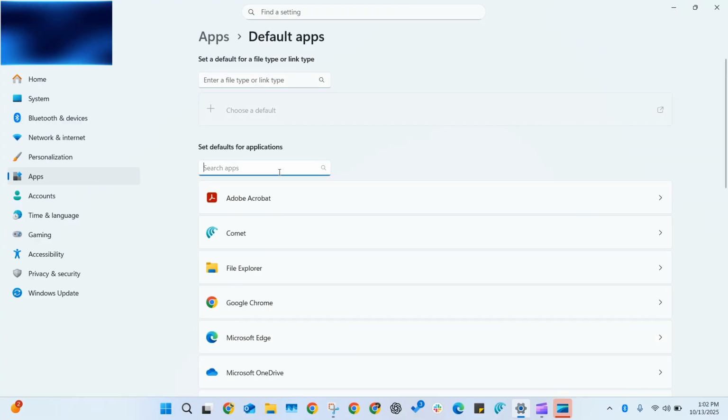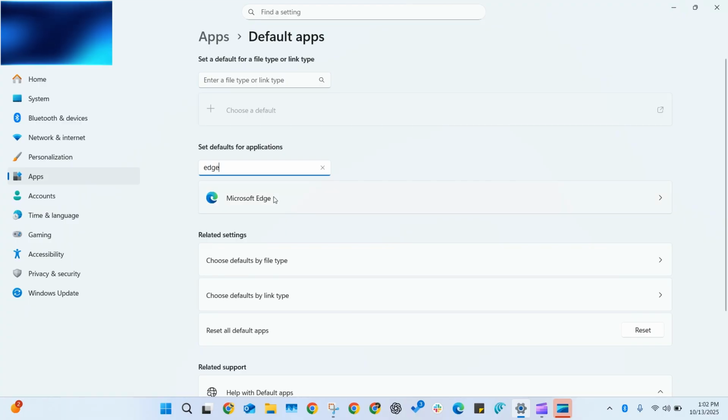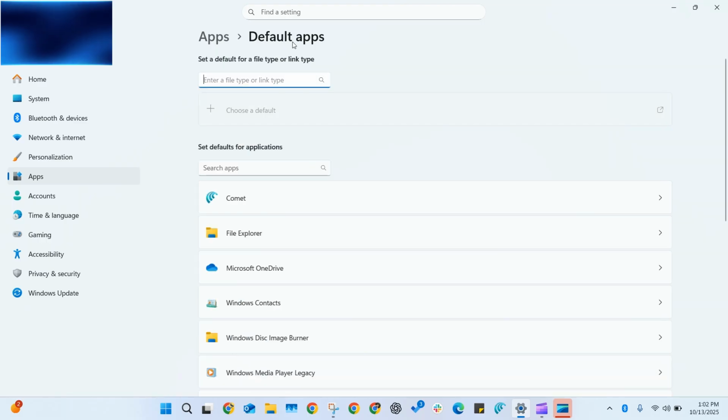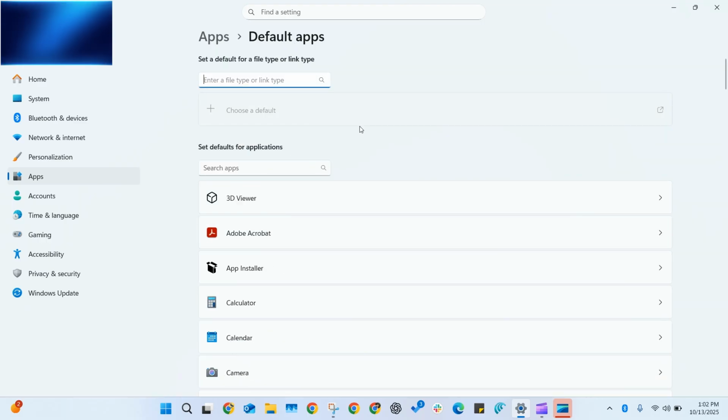However, if you want to change it to another app, like for example Microsoft Edge, you just search Edge and then click set default. But we want to make Google Chrome the default one, so it's been selected. So this is how you make Google Chrome the default browser of your Windows 11